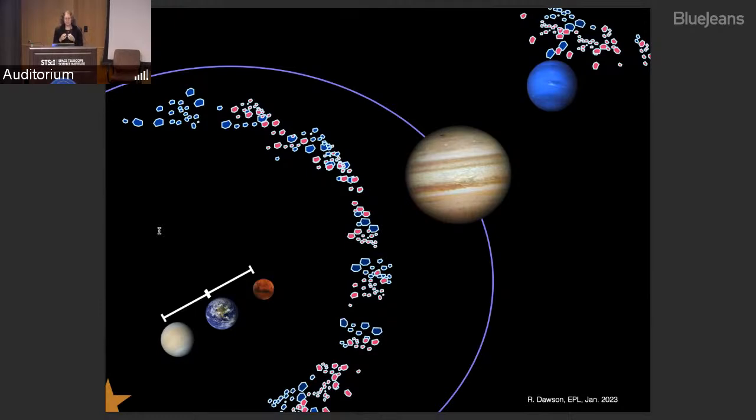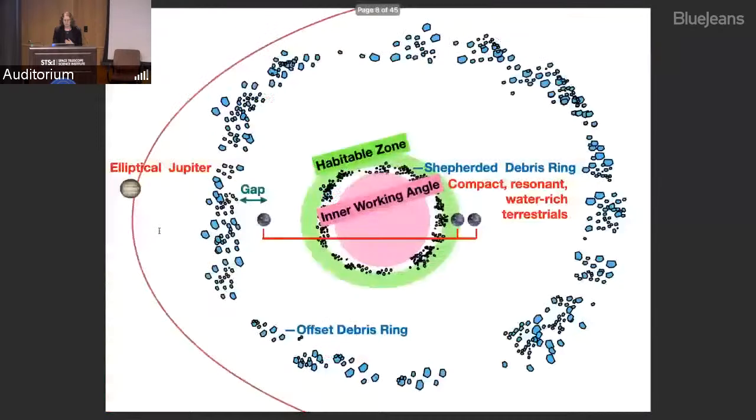For example, the spacing between the Earth and Venus and Mars tells us about the formation processes and timescales. The orbits of the giant planets and the Kuiper belts tell us about early gravitational upheaval in our own solar system. And the physical properties and compositions of asteroid and Kuiper belt objects tell us about the processes of forming planetesimals and about radial transport in the nebula that may have affected the Earth's composition. So we can hope to learn similar things in the family portraits that we get from Habitable Worlds Observatory.